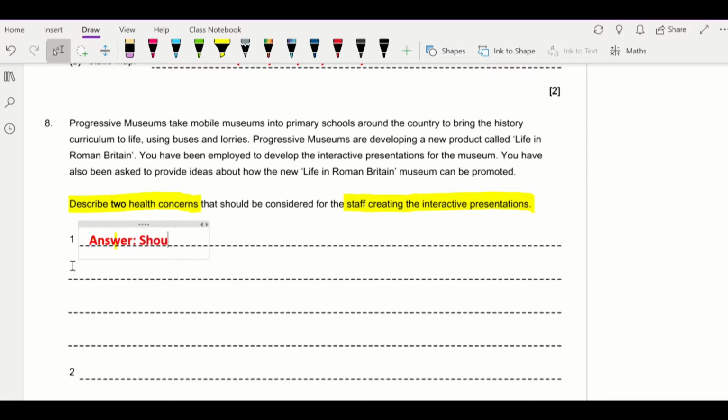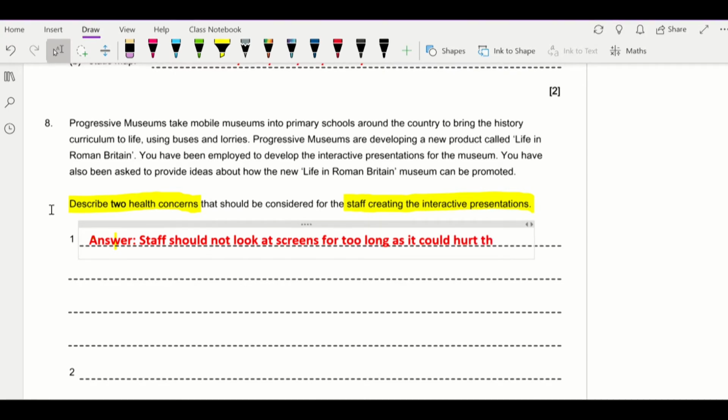We'll talk, okay, so staff should not look at screens for too long, as it could hurt their eyes, cause eye strain. Okay, so that's one. The next one we could look at, we could say staff should take regular breaks to